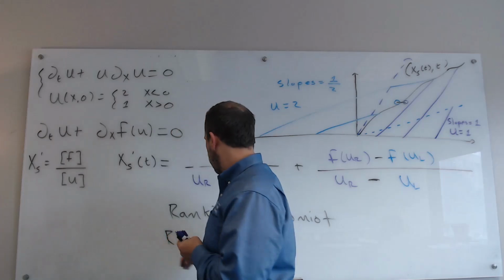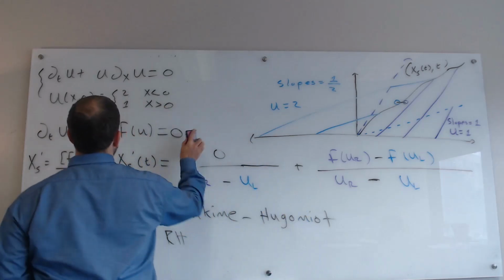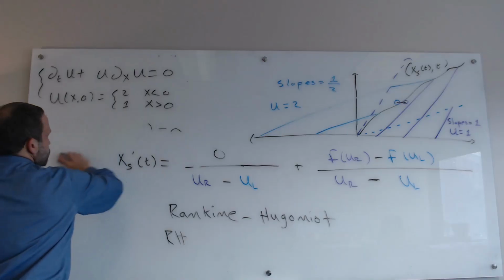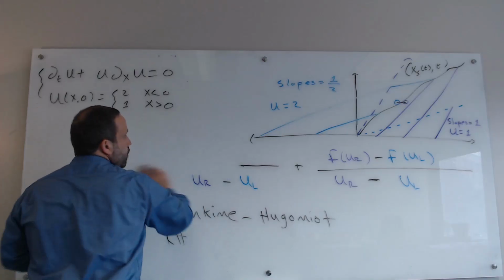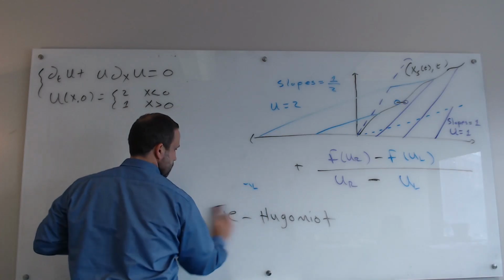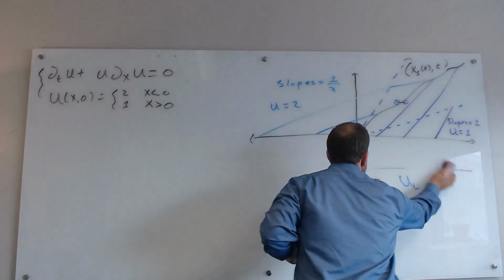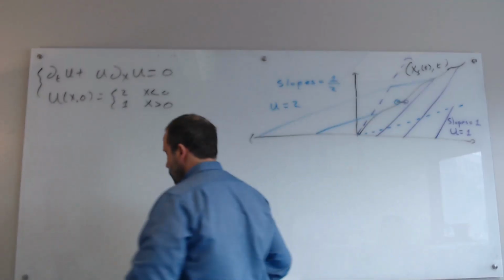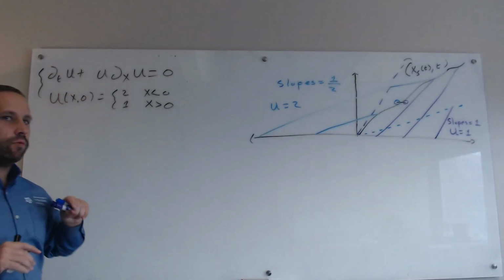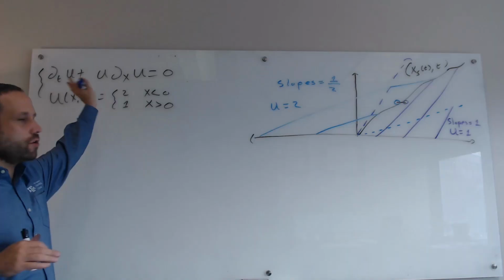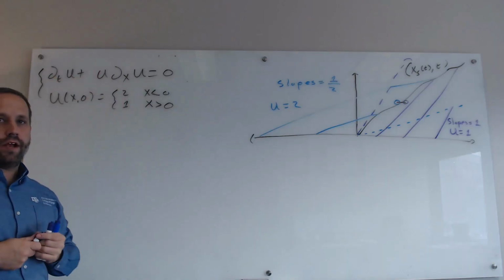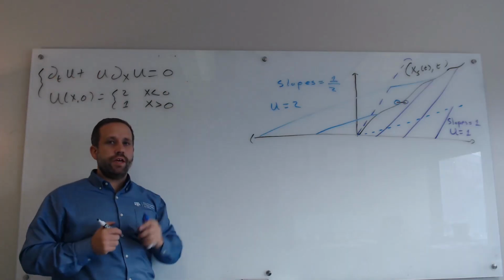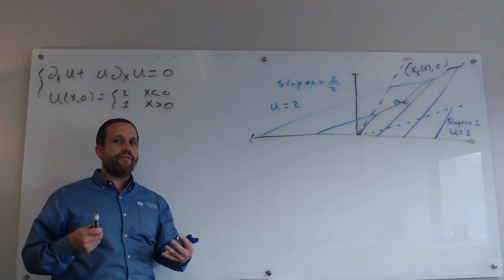Okay, so now we want to finish solving this problem right here. All we're left to do is to figure out what the shock location is. So the way that we have it here is not in what's called conservative form. This form of the equation is the form that we have to have it in to be able to do the characteristics,